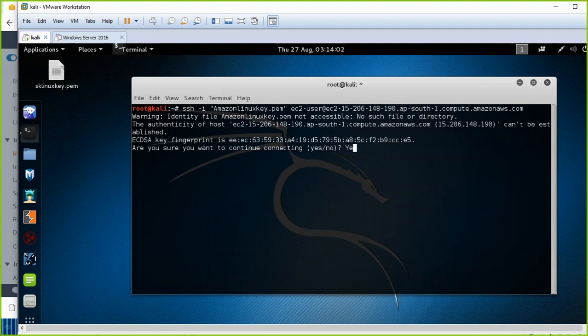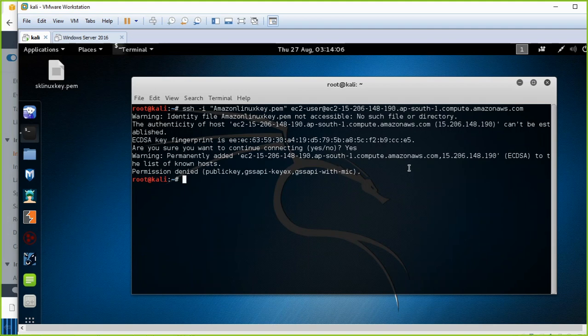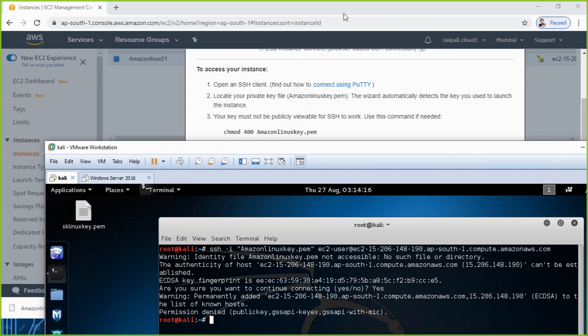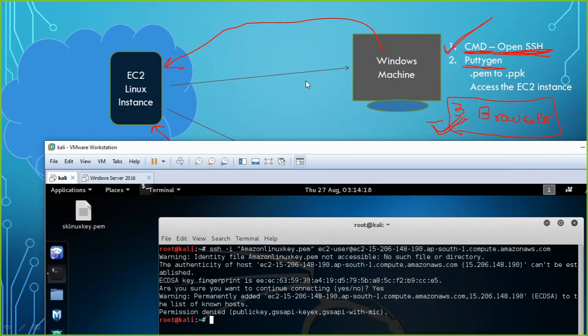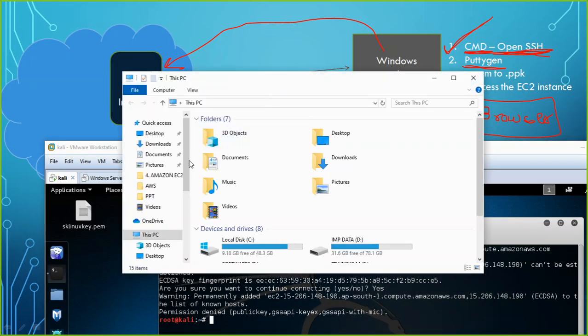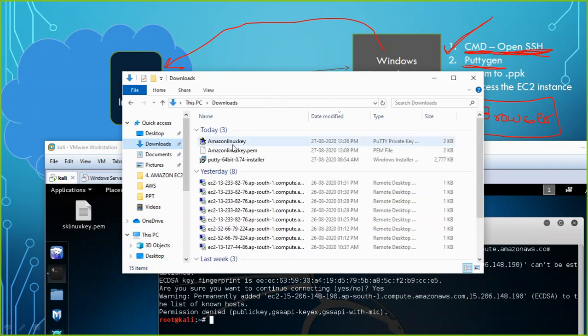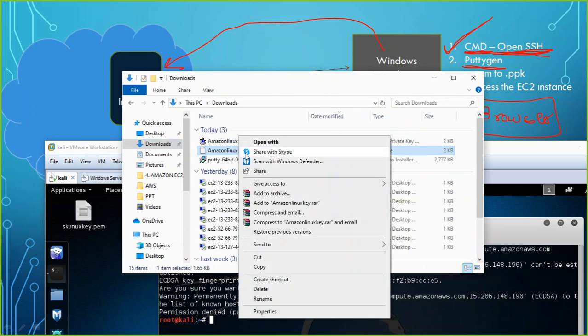Let me even say yes to continue connecting. It is telling me that it does not have the key, or maybe permission is denied, because it also needs one more thing, that is the key. So now I need to have that key also. I have the key on my machine in Downloads. This key it is talking about is the PEM file. So I need to get this file